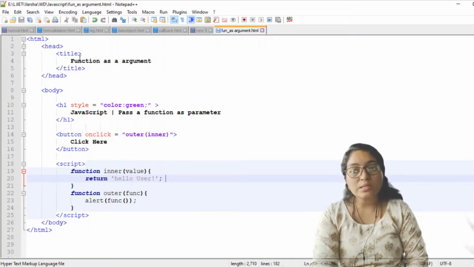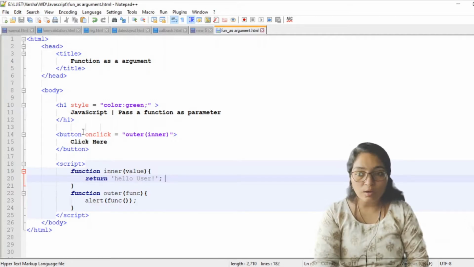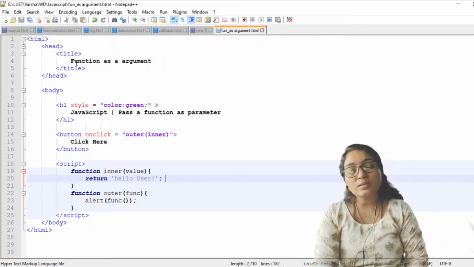Here you can see this is the basic HTML program. Here we have written h1, JavaScript passes a function as a parameter. The button onclick will call this outer function, in which it will call the inner function. Here we have written this script in which we have defined two functions. Remember, we can write this script in the body part, or we can write it in the head part also. At both places we can write this script.